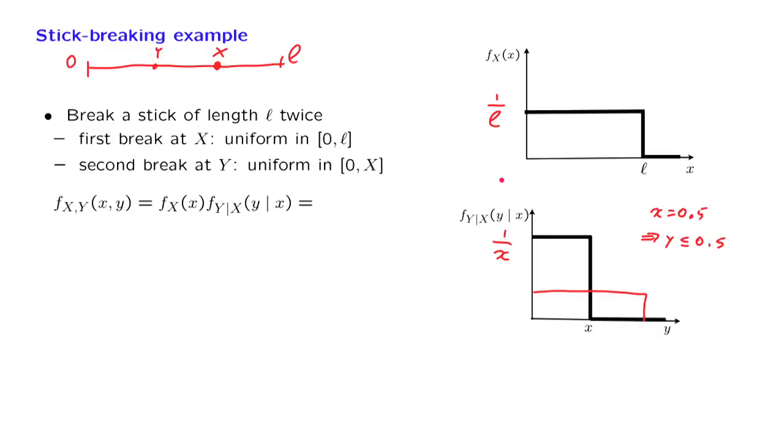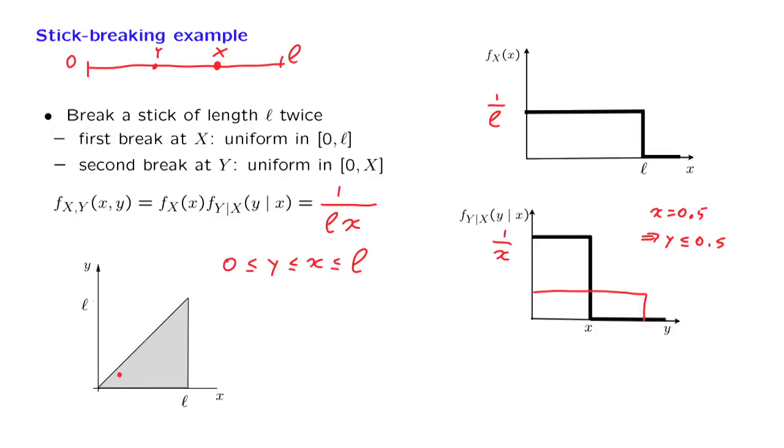The marginal is 1 over L, the conditional is 1 over x, so the joint is equal to 1 over Lx. But for which values of x and y is this the correct expression? It is correct only for those values that are possible, so 0 has to be less than y, less than x, less than L. This is the range of values that are possible in this particular experiment, and we can visualize those values. They are those that correspond to this shaded triangle here. x and y are less than or equal to L, and